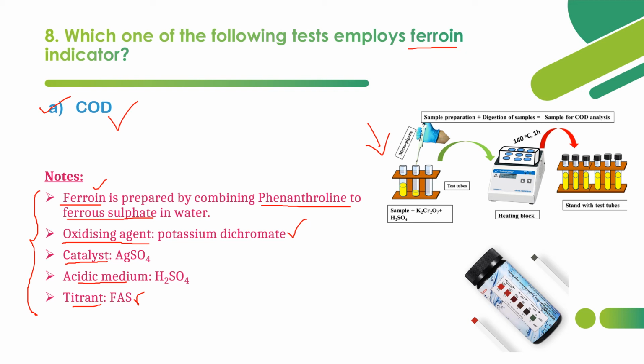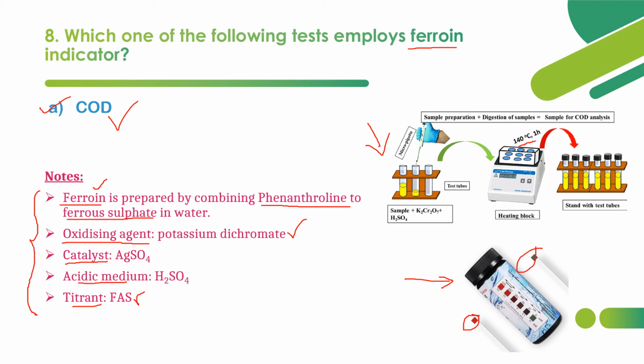In this illustration we can see how COD is found. First, sample plus oxidizing agent plus sulfuric acid. These test tubes have to be placed in a heating block, and then heated at 140 degrees Celsius for about an hour, and then we can find the value for COD based on the amount of titrant used, that is ferrous ammonium sulfate. So this is how we have to calculate. And this diagram refers to the modern hardness color matching technique. This is how we have to find the hardness.